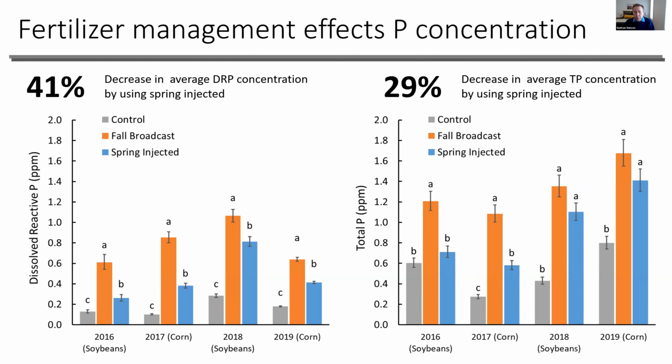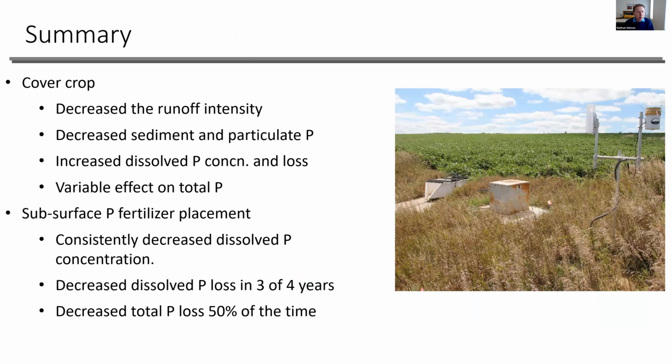So there were minimal interactions between the, I won't get into all the details, but these main effects were pretty consistent throughout the study. And so we see that the cover crops tended to increase dissolved reactive phosphorus in our different fertilizer management systems, and our fertilizer management practices tended to have the same impact regardless of whether there was a cover crop or not. So in summary, we're looking at